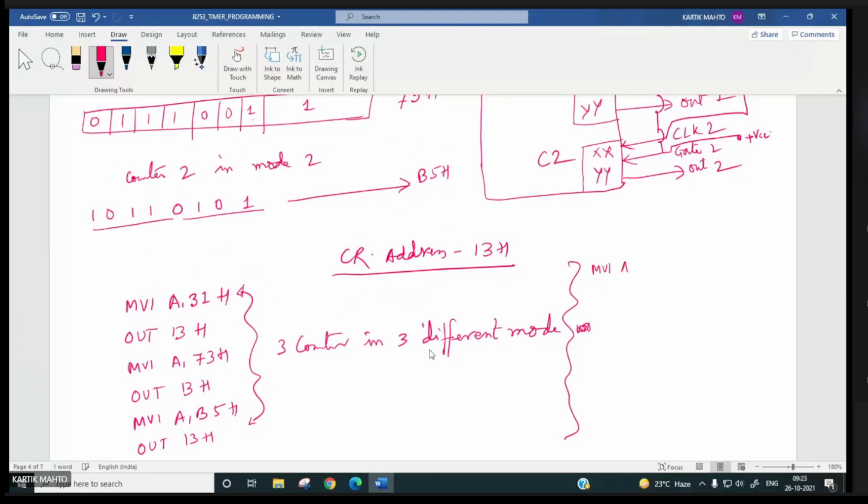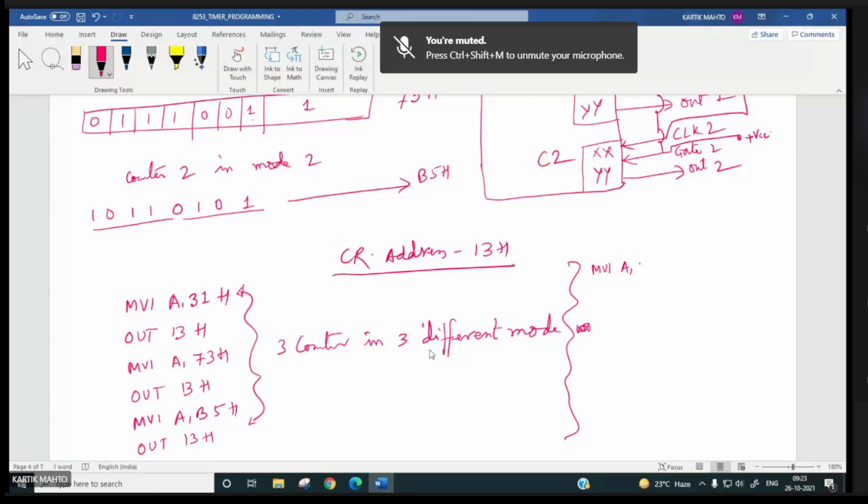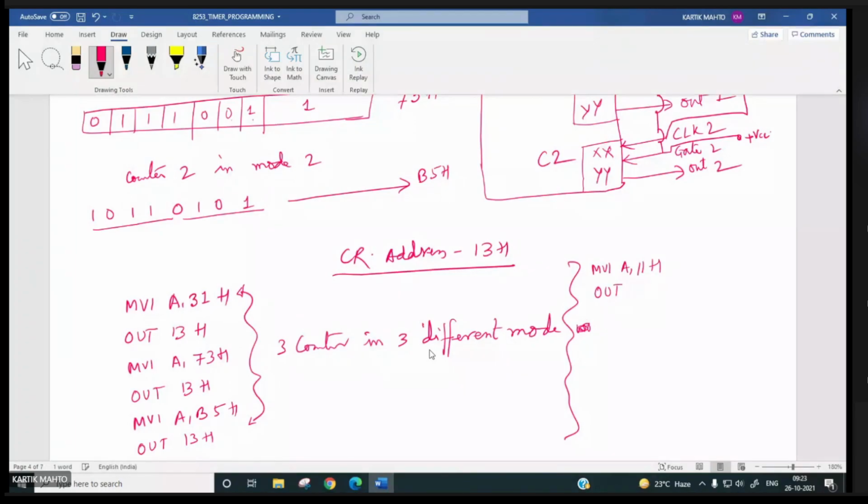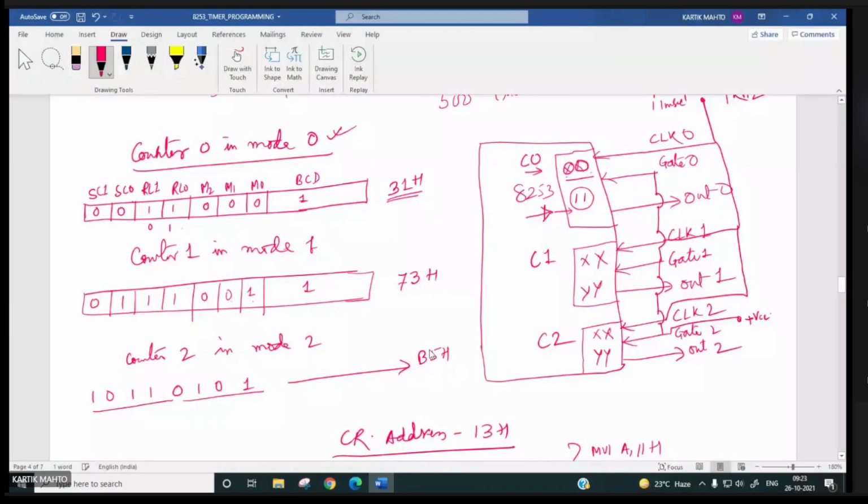MVI A, right? How much? 11H. OUT, where? I have to load it over here, in counter 0. So where we have to OUT?